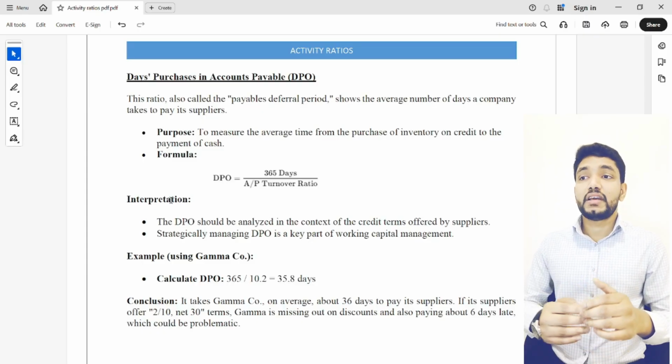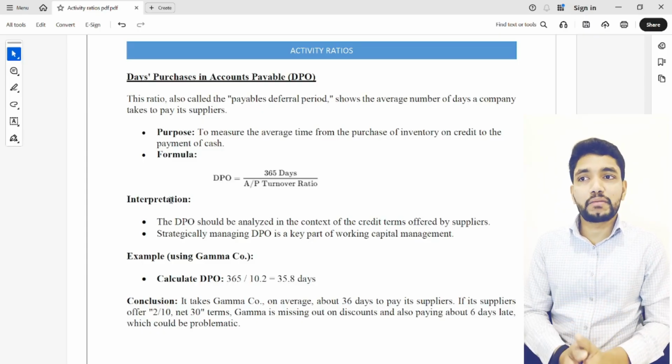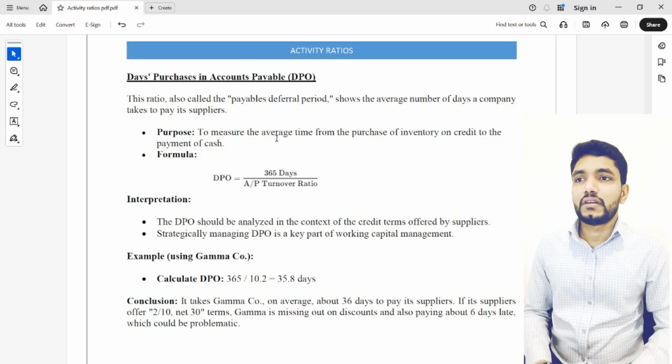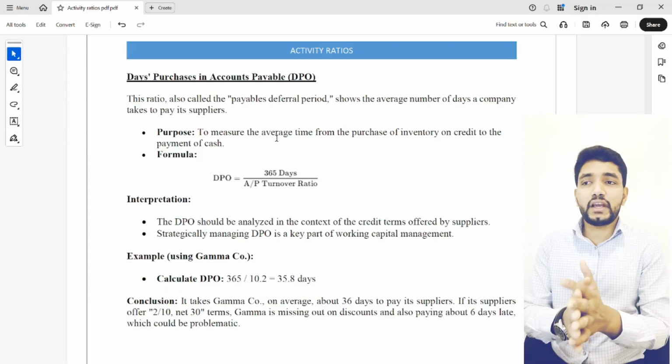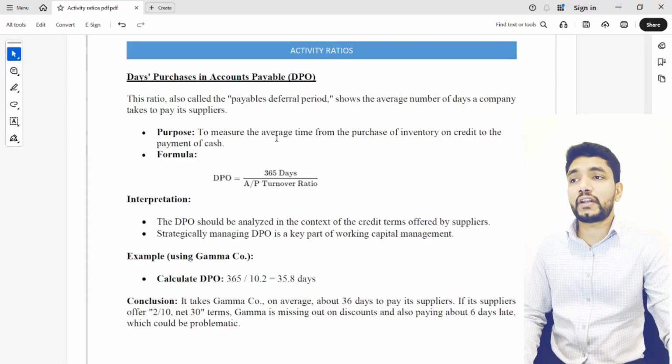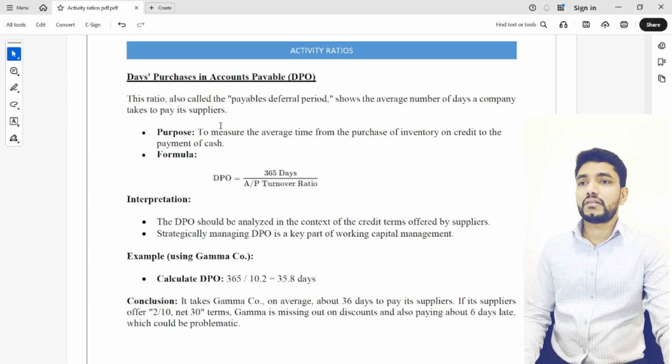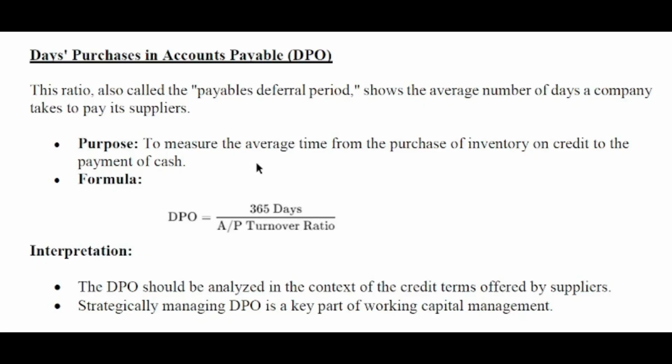That is days purchase in account payable. This is very similar to the account payable turnover ratio. The same ratio we are converting into number of days. It's just calculating how many days we normally take to pay and settle our payables or